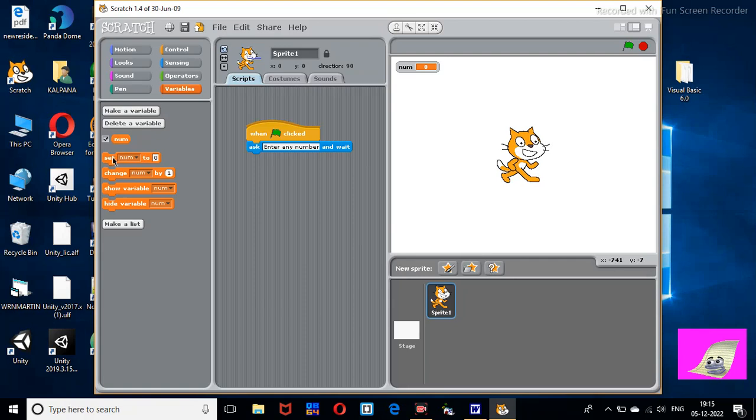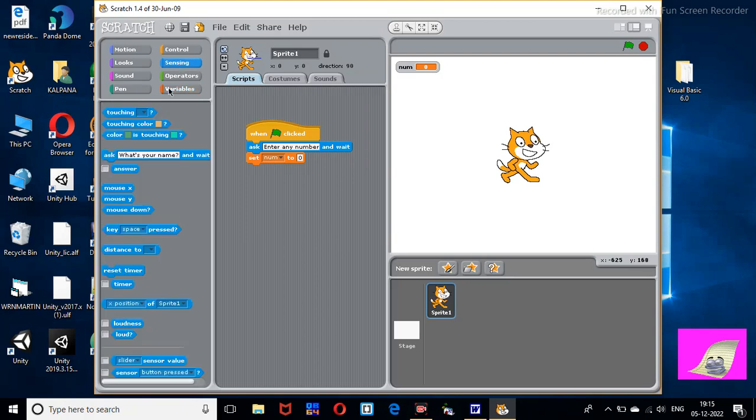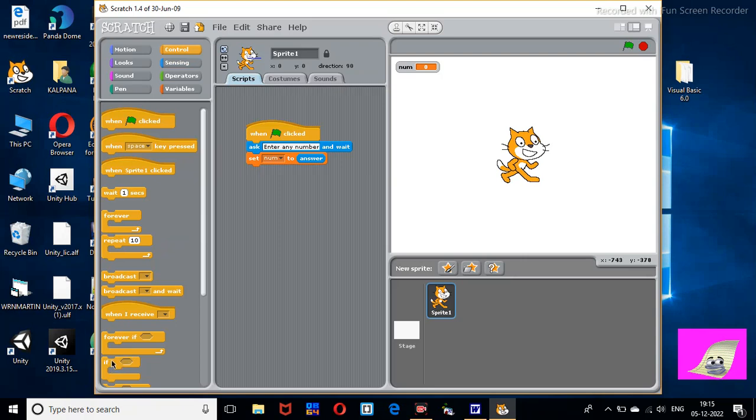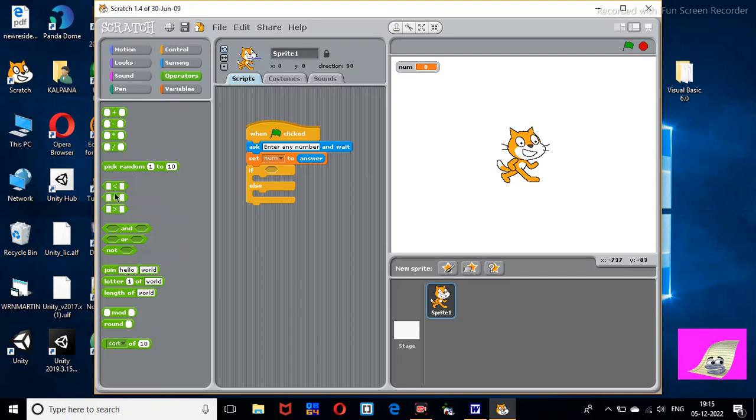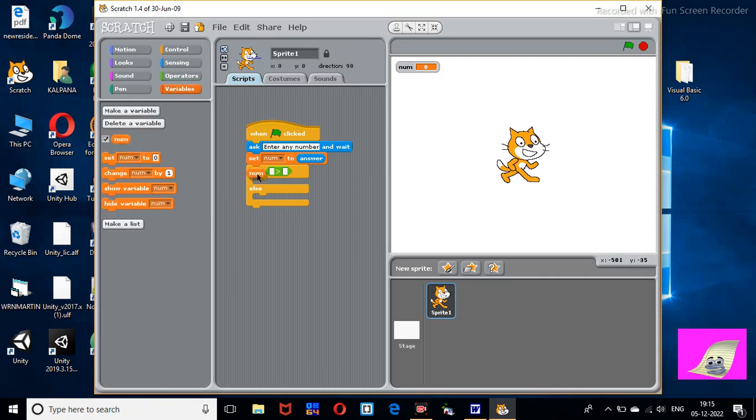Then you have to set the num to the answer. So you have to make it as answer, that is the user input, and you have to go to Control and go to the if clause. In the if else statement, you have to go to the Operators. Here in the Operators you select this portion, and then go to Variables and say if num is greater than 100,